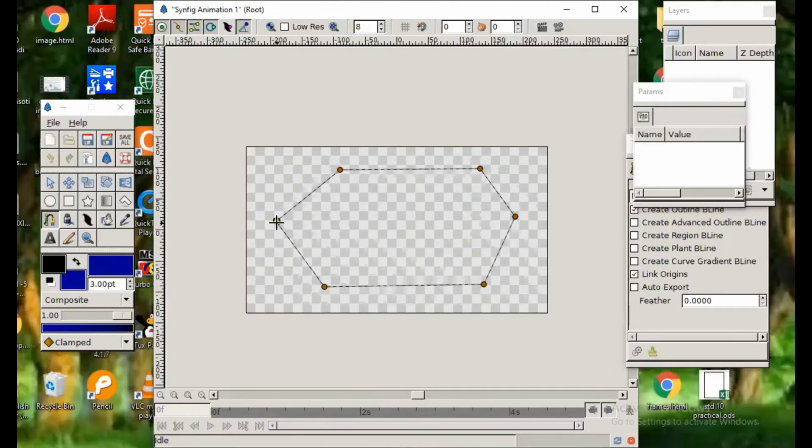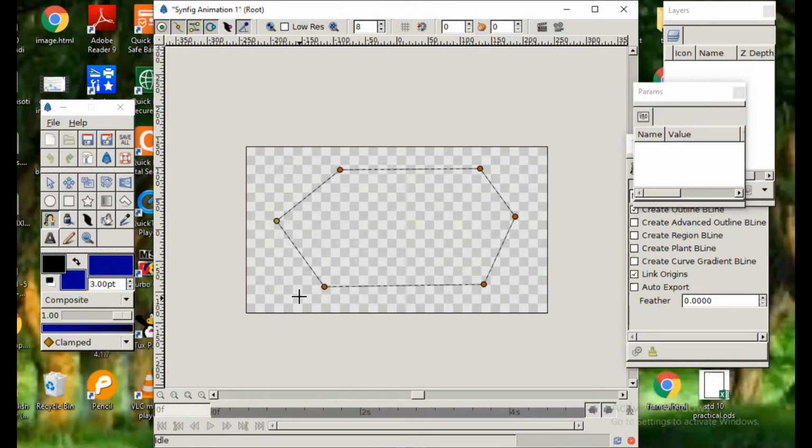These are vertices that you create by clicking on the canvas. Then come back to the first initial place without clicking, right click, and select loop beeline. Now this path will be completed.